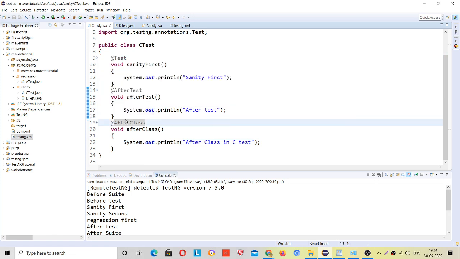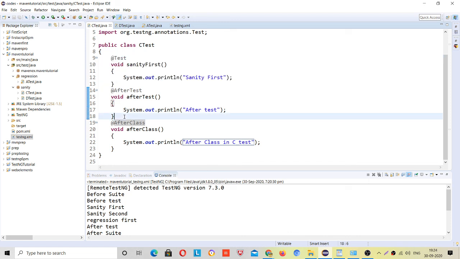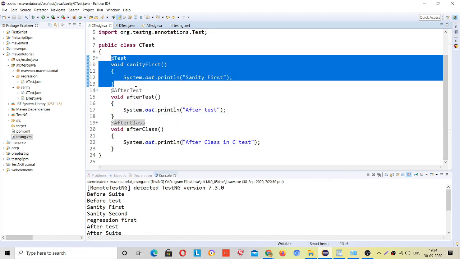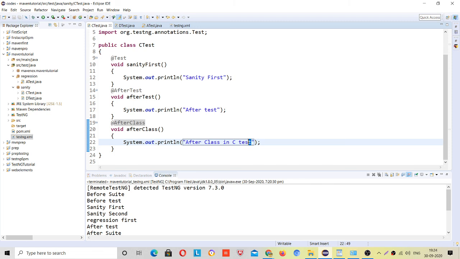If there was another @Test annotation, it would first execute this and then the second @Test method, based on alphabetical order. So just after sanity first, your output will be after class in C test.